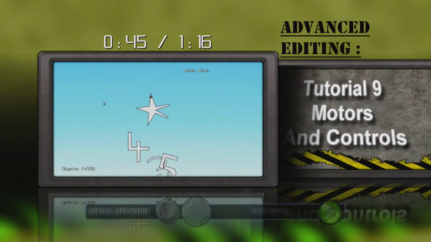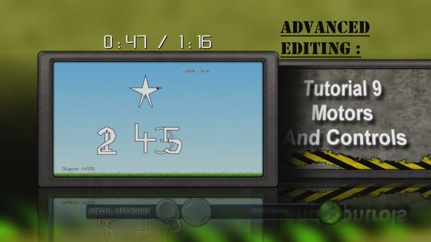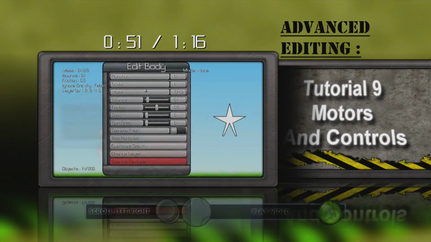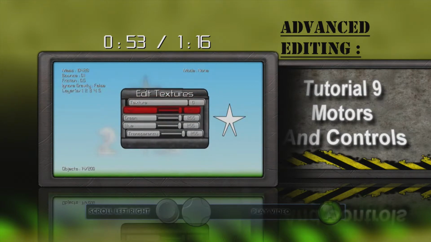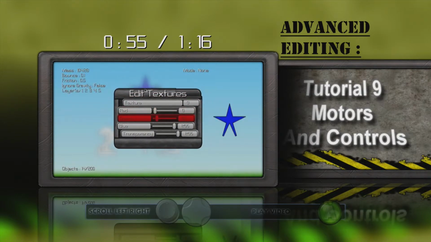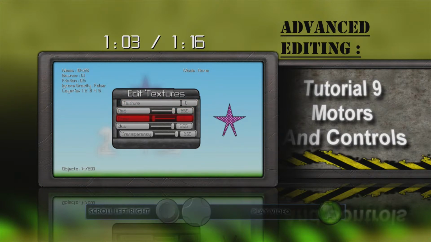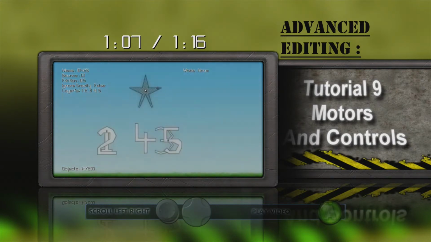Now we're going to add a texture to an object. Click on your object and then press Edit Texture from the Edit menu. You can change the sliders, which change the colors. You can change the texture, and you can change the transparency of the object. Watch the preview to the right to see what it will look like. Once you've got what you want,